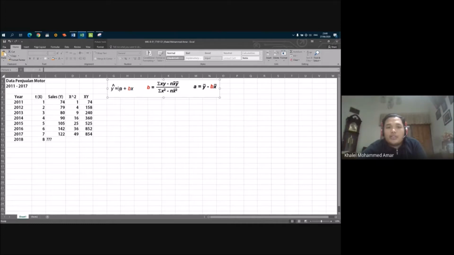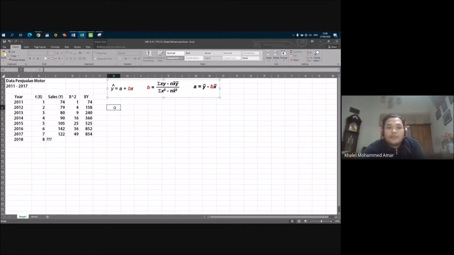As you can see, the data is A plus BX, so we should know the A and we should know the B. The A itself is average Y minus B times average X. As we can see, to know the A, we must also know the B. So we will now find the B first.